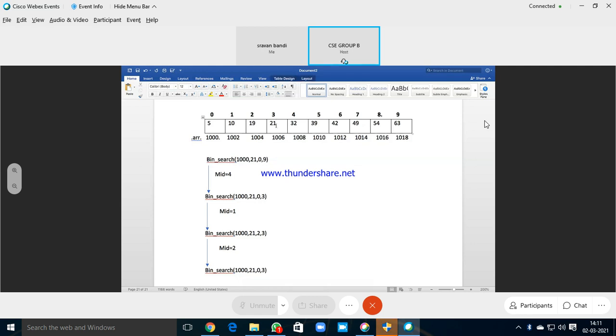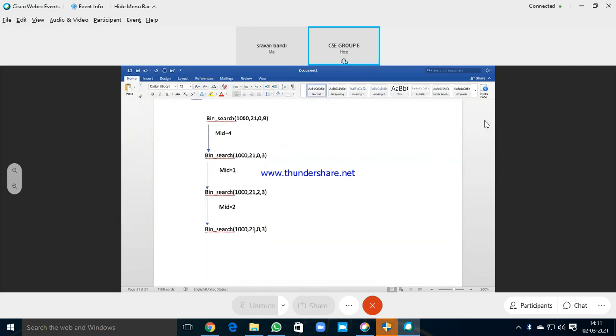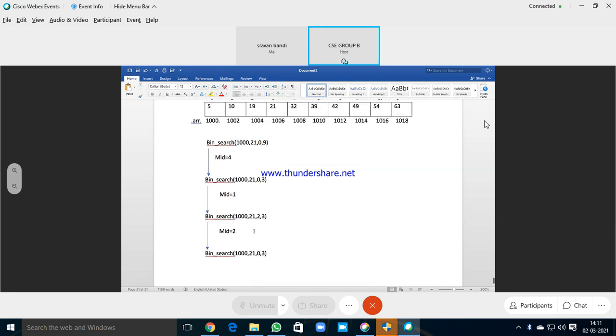This time, 21 is greater than 19. So here also what should we do? If it is greater, low should be set to mid plus 1. Mid is 2, mid plus 1 is 3.